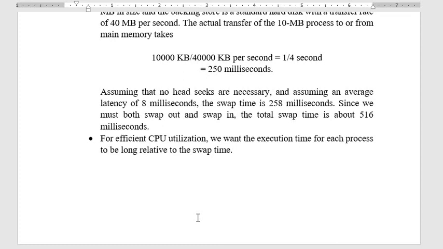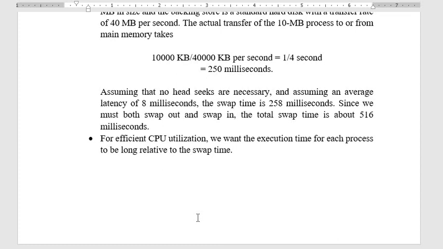Before swapping in or swapping out the process, we need to find where it is on the disk. To seek its position might take 8 milliseconds. That is the average latency needed to find the process on the backing store, or to find space for the process on the backing store.